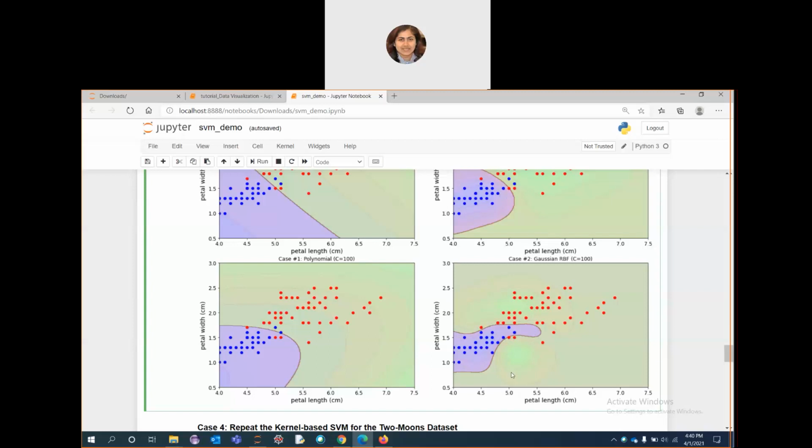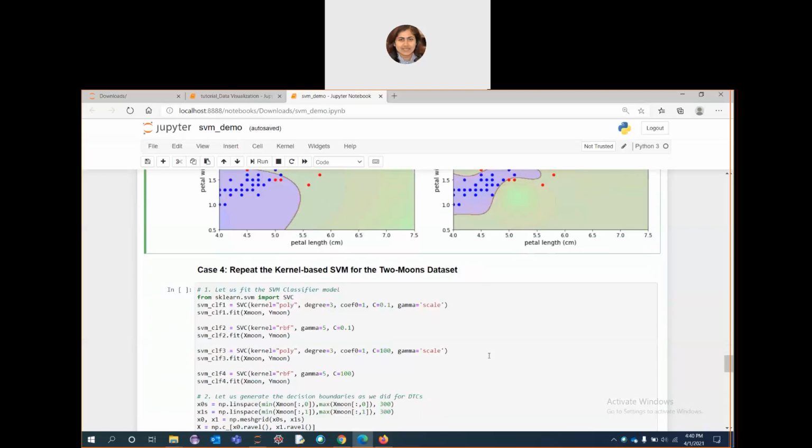There are other kernels too, and other different types of parameters. There are so many parameters and kernels. I am just showing you four here. You will apply all of them and do the analysis in your own way to reach an optimal solution based on your requirements. So this was performed on the iris dataset. In the same way, on the moon dataset,